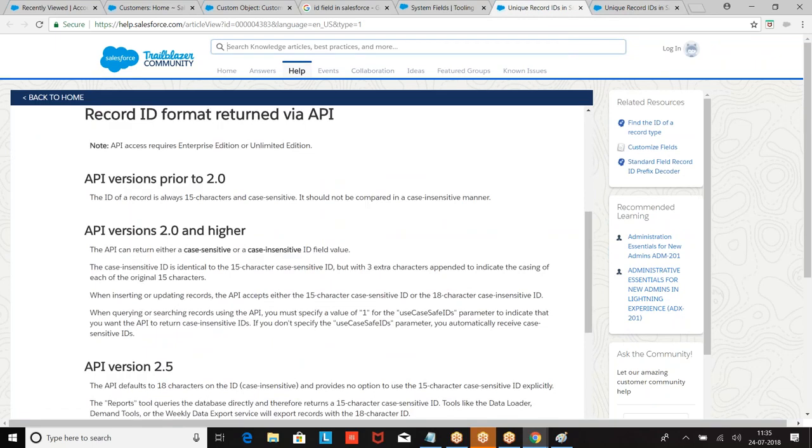So actually what is the ID? A 15 character ID is created by Salesforce, and 3 more characters are added to it to make it case insensitive.